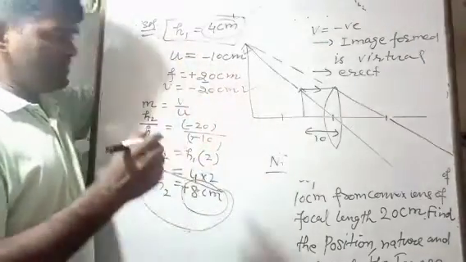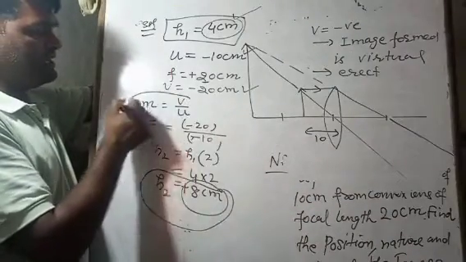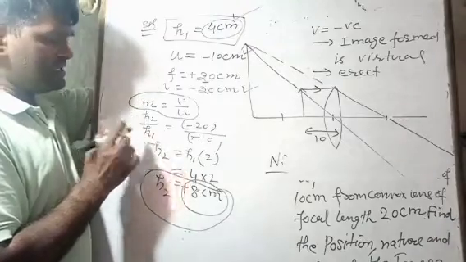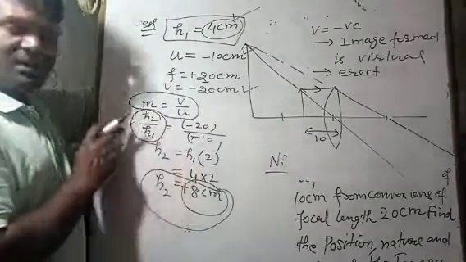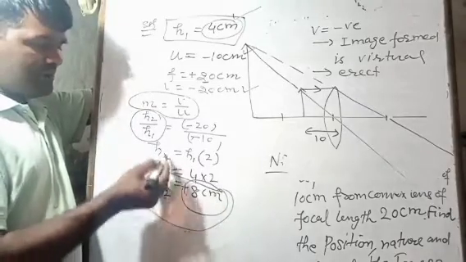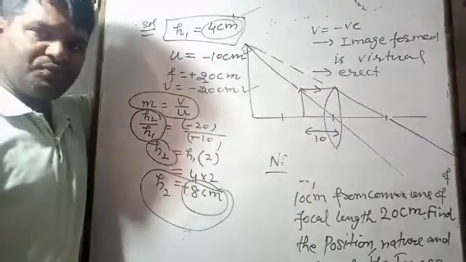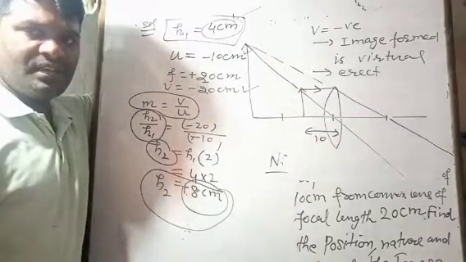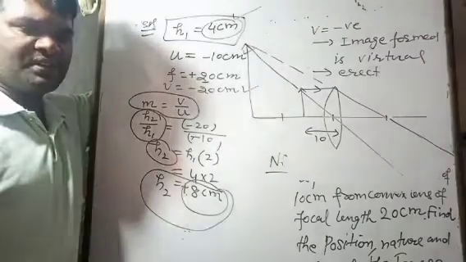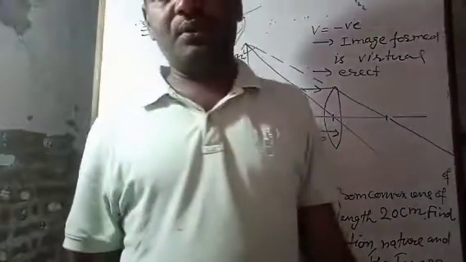And what we have done, we haven't confused ourselves here. We have just taken linear magnification as V by U, means positive for lenses. In terms of H2 and H1 also positive we have taken. Our final answer comes to be positive. H2 positive suggests that it is the virtual image or erect image. If H2 comes to be negative, image will be real and inverted. These observations should be calculated and understood by you.